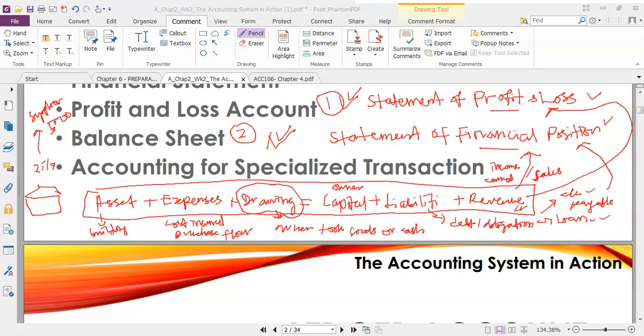Okay, if we open the business of mobile shops, so the income or revenue that we earn is from the sales of